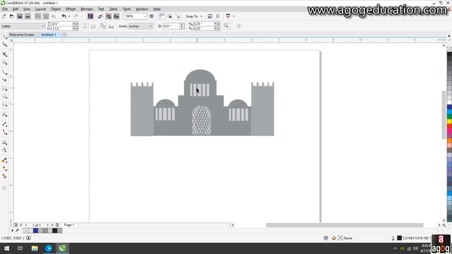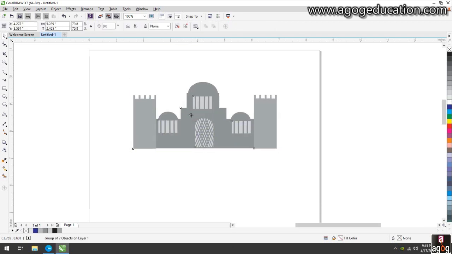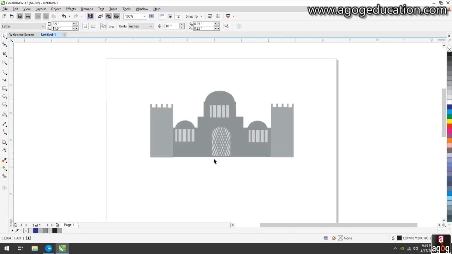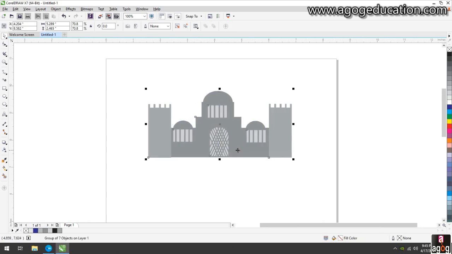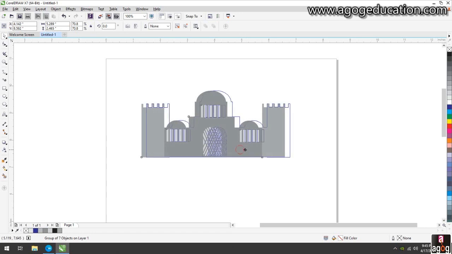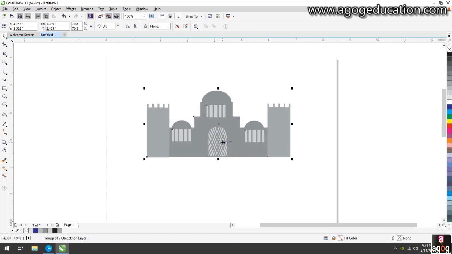I can make all the castle shapes and create more and more objects, but I want you to try this your own way. So in this tutorial we discussed the shaping tools of CorelDRAW. I hope you learned it and will try this. Let's see the other tools of CorelDRAW in upcoming sessions.